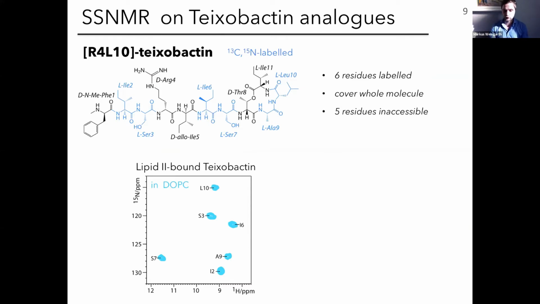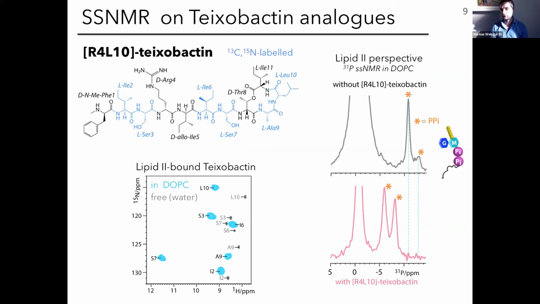The spectrum is already strongly indicative of complex formation because it looks totally different than the free state. And eventually, using phosphorus solid-state NMR, we can unambiguously confirm that we look at the complex. The upper spectrum shows